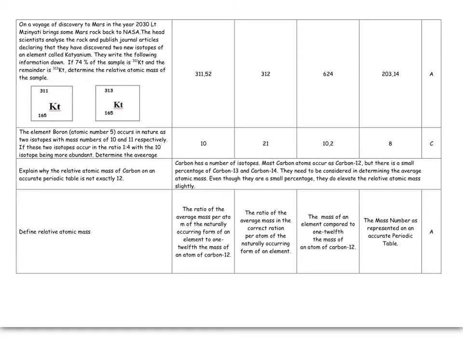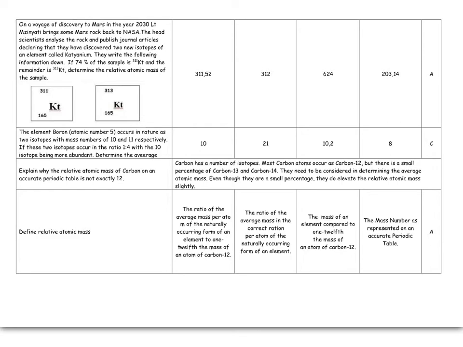We're given these two isotopes of an element called cadmium, and it's an absolutely fictitious element, so that's why I can't pronounce it, but it's got an atomic number of 165, and then there are two differing mass numbers of 311 and 313. They tell me 74% of the sample is the 311 isotope, and the remainder, that means 26%, must be the